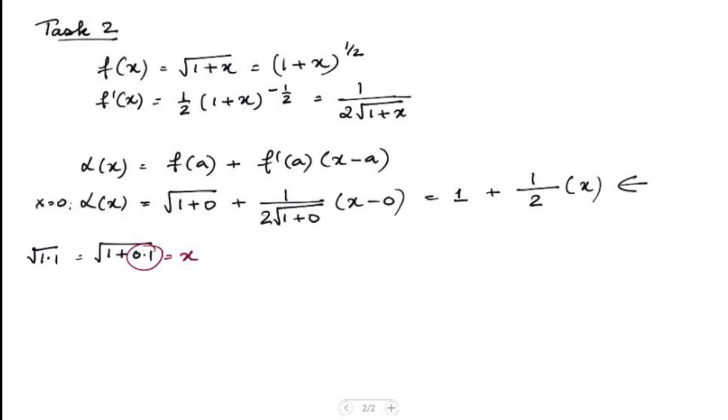Now putting x in the function L(x), instead of x we'll put here 0.1, and that will give us 1 plus 1 over 2 times 0.1, which will be equal to